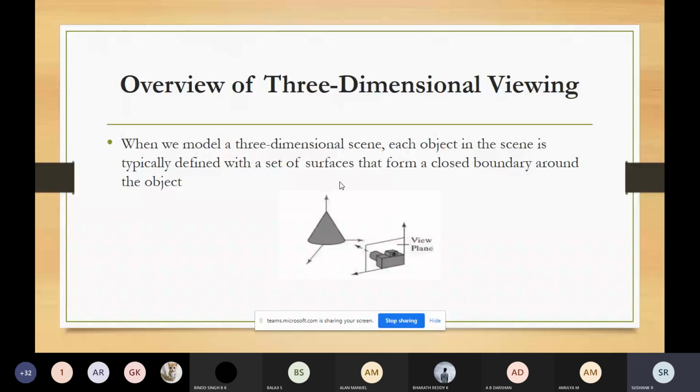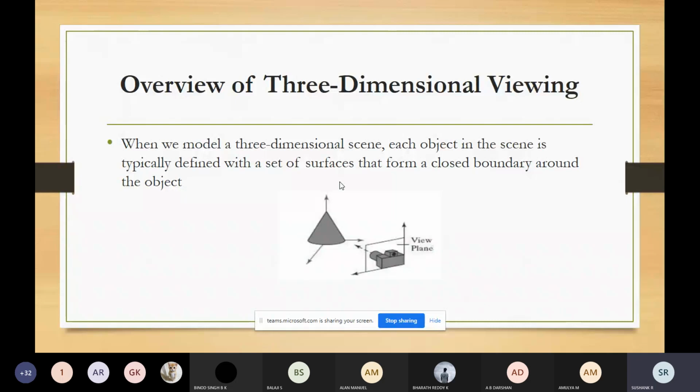So one thing is, here we are modeling a 3D scene of an object with a set of surfaces forming the closed boundary around it. In some applications we need to specify the information about the internal structure, and in some applications we should provide a process for displaying the internal structure or the cross-sectional view of the object.